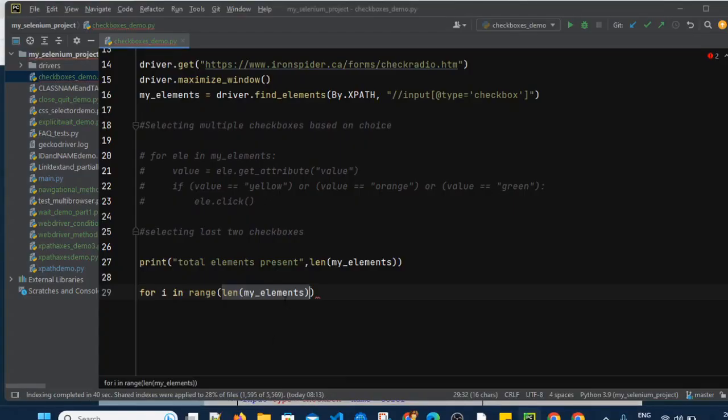So I write here length of my elements minus 2, comma, length of my elements. This is the starting index for the range function, and this is the ending index. So the starting index is 6 minus 2, that is 4, and the end index is the overall length, right? The length we have seen is 6,